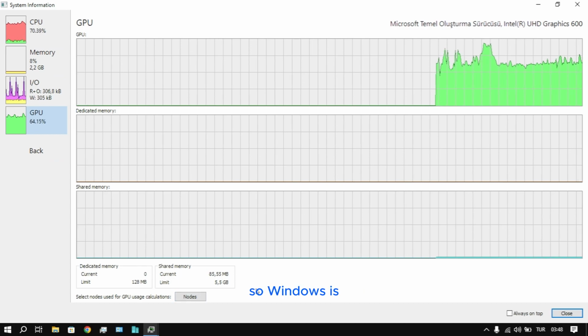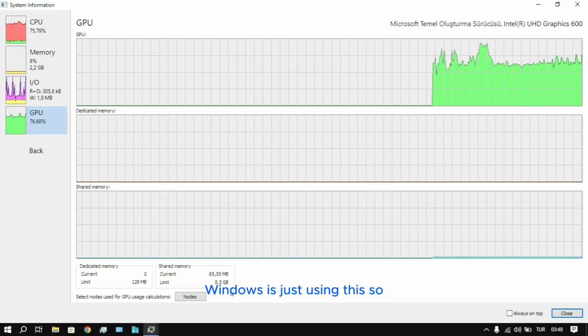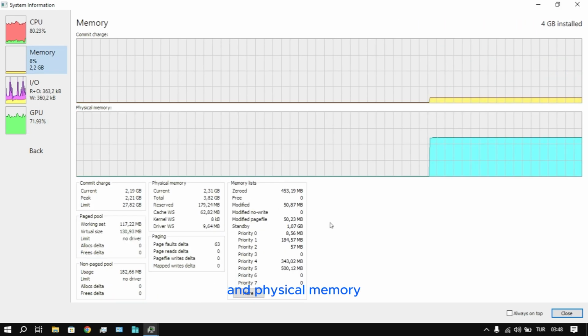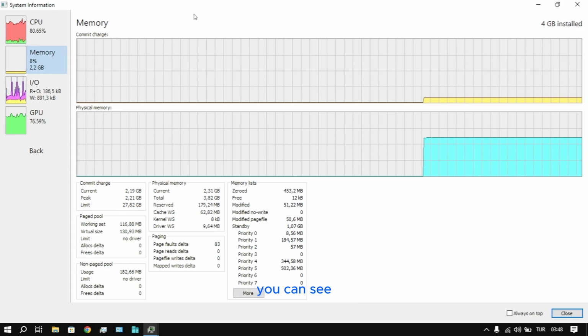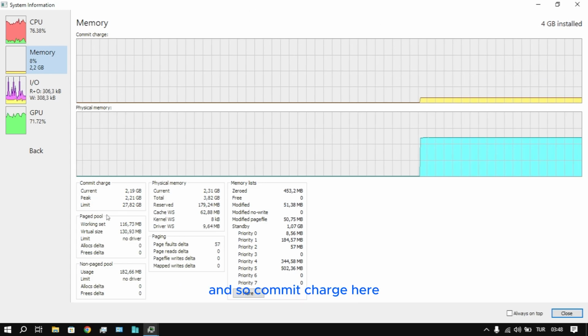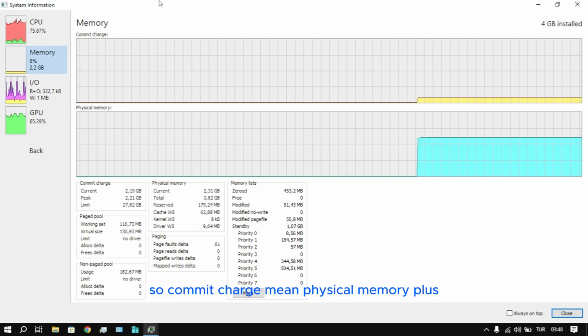So Windows is just using this. And physical memory: installed 4 gigs of physical memory here, you can see. And commit charge here. So commit charge means physical memory plus